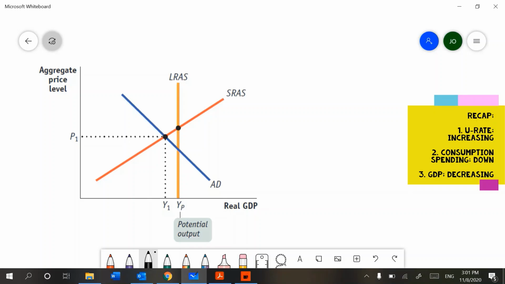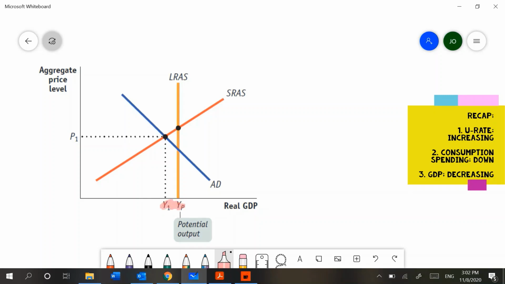Let's do a quick recap of what Jerome Powell just described. As the video explains, unemployment seems to be an issue in the pandemic. Household spending is also down. And overall sentiment in the economy is down as well. This describes something that we have seen before in Unit 2.